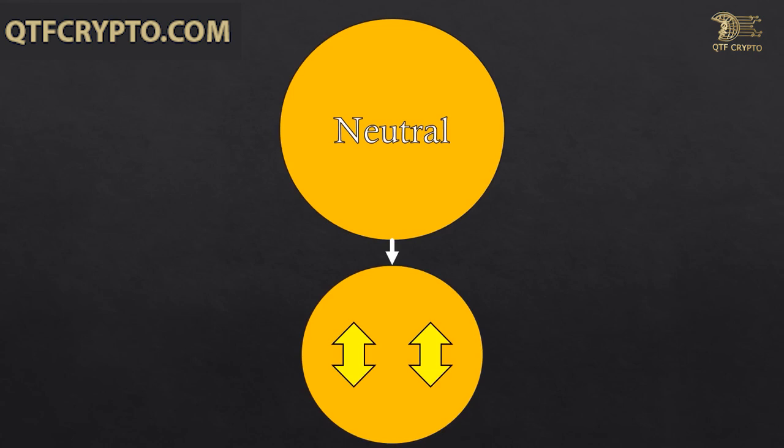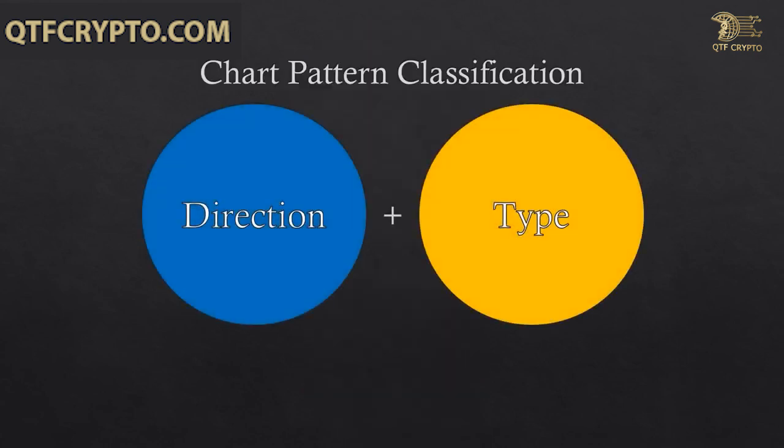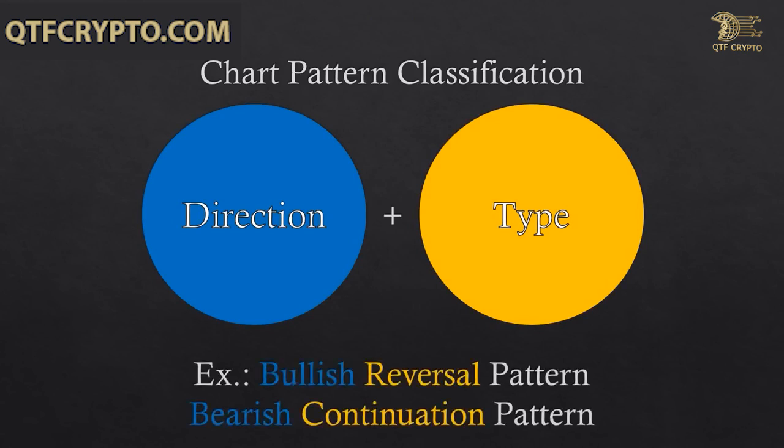The way chart patterns are classified is by combining these two types of classifications together. For example, when we talk about a bullish reversal chart pattern, we are talking about a pattern that appears when price is going down in order to signal a reversal to the upside. That's the case because the term bullish indicates what's going to happen after the pattern, which in this case is going up, and the term reversal means that price will change its direction after the pattern. If price will change direction after the pattern and it will go up, it necessarily means that it was going down before the pattern. In a bearish continuation pattern, price will be going down, and after the pattern appears, price